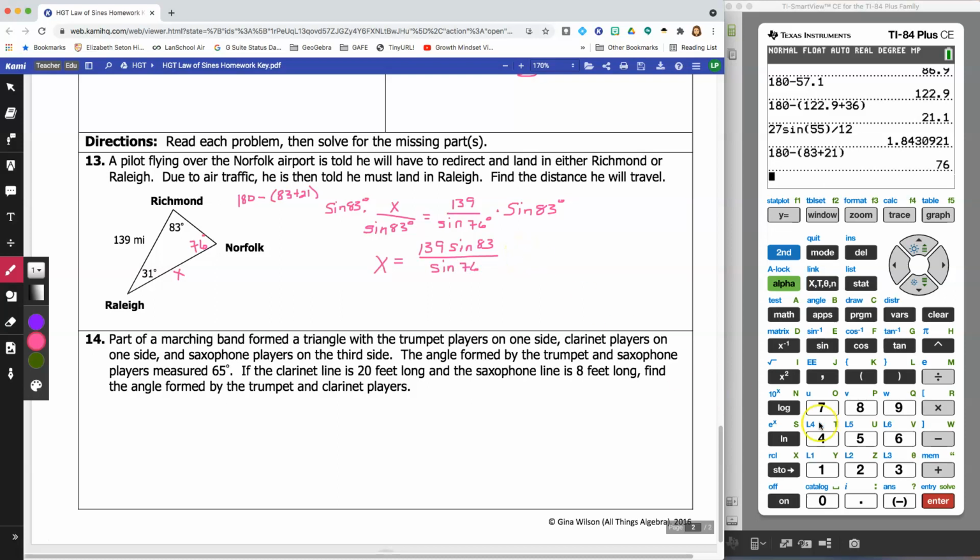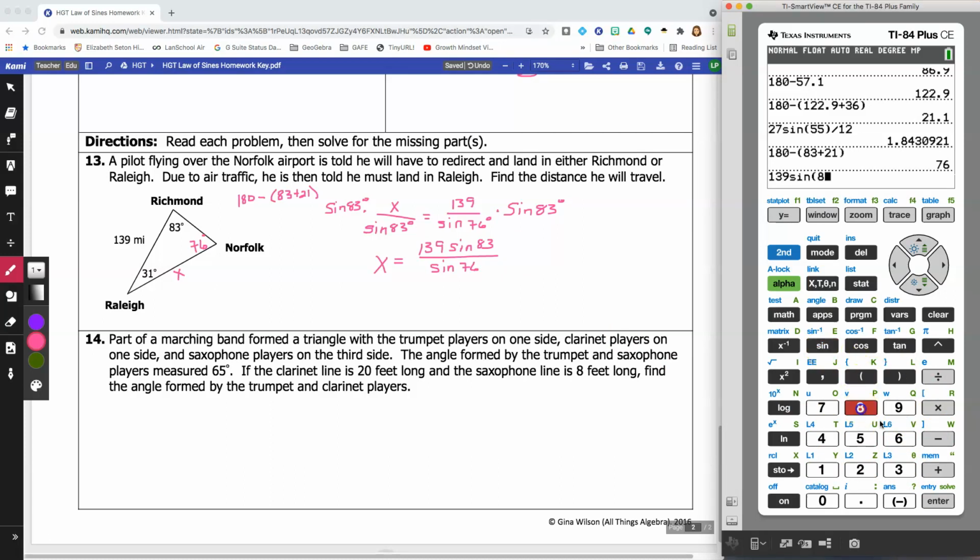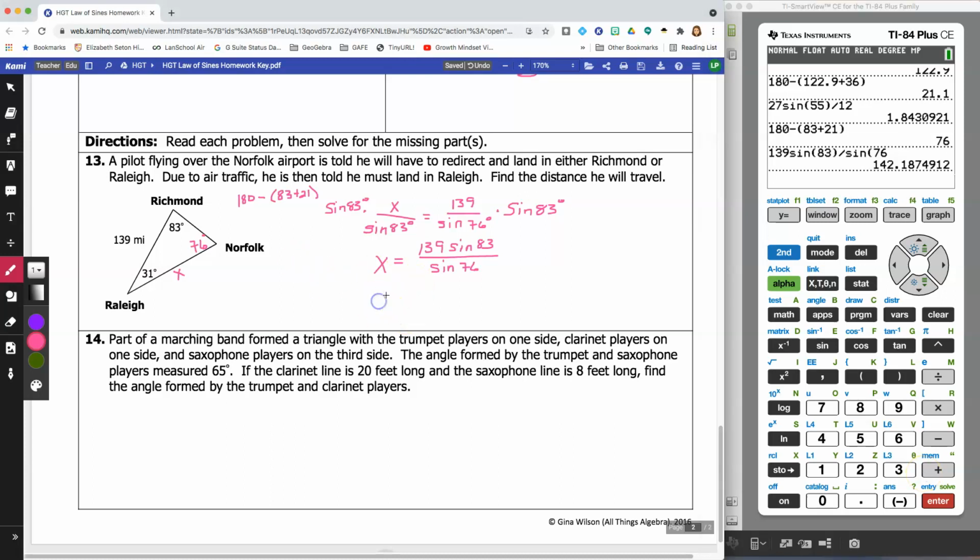So I'm going to go to my calculator and type that in. So I have 139 times the sine of 83, don't forget to close those parentheses, divided by the sine of 76. And so what this tells us is that x is approximately